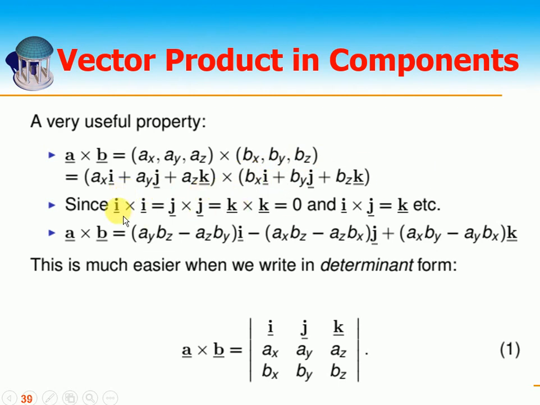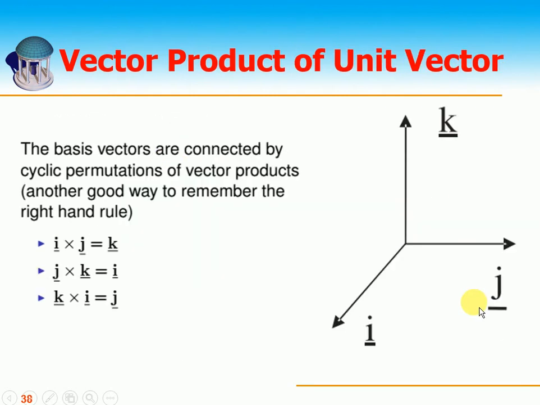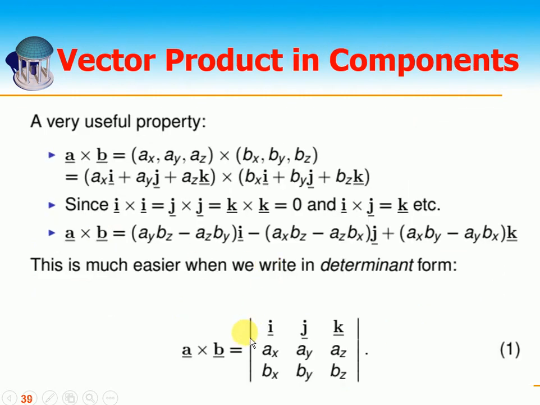If I multiply, you know that the similar vectors' cross product is 0. So a cross b: if I multiply ax into bx, I cross i is 0, right? If I multiply i with k, that is basically in the j direction, and similarly, which I told you earlier, i cross j is k. So you can multiply using these relationships, or just make the matrix a cross b,